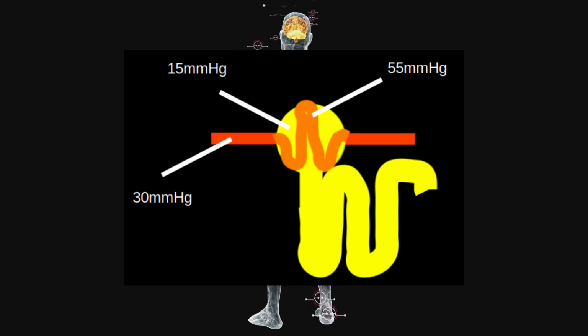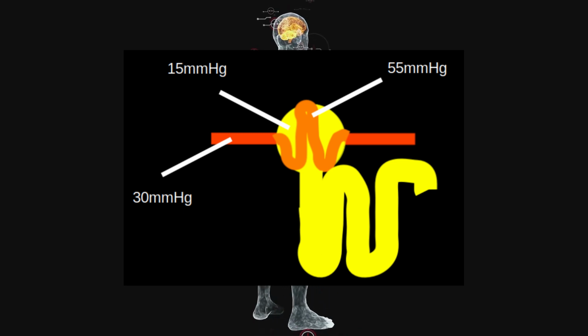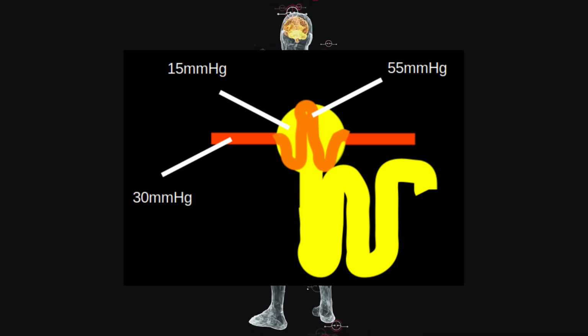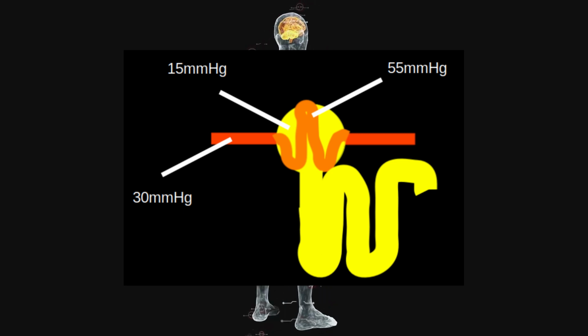the glomerulus. Now, the pressure is not so high that big things can get through, but it's just high enough that small things can get through. We're talking here about water and solutes. It's generally going to be well below 55 millimeters mercury, remembering that blood pressure is measured in millimeters mercury as